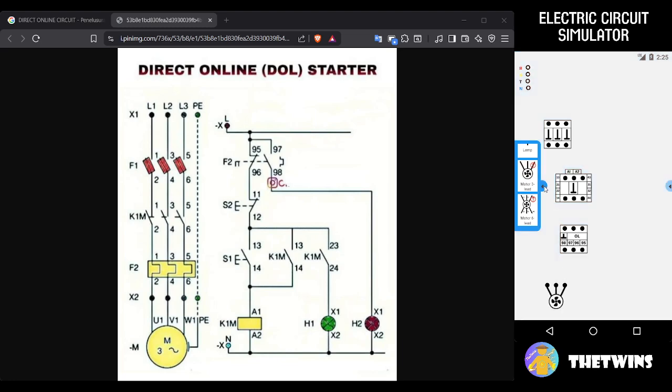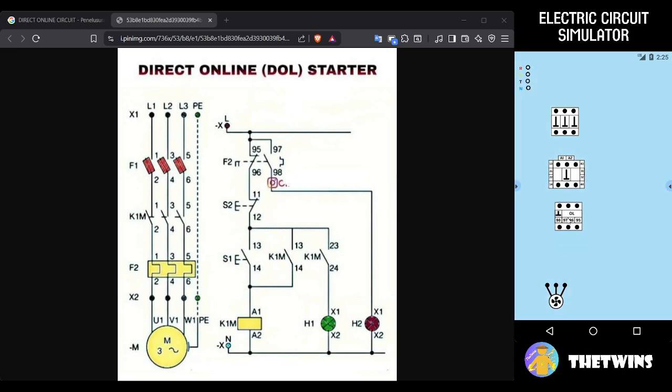Okay, we close the component menu again, so we can drag by long pressing the component like this, and you can move it anywhere. Okay, let's make a wire.